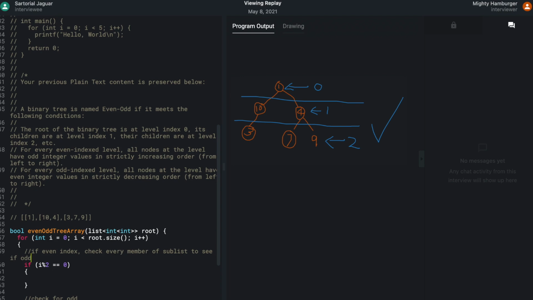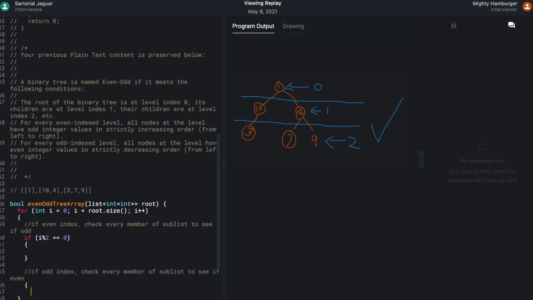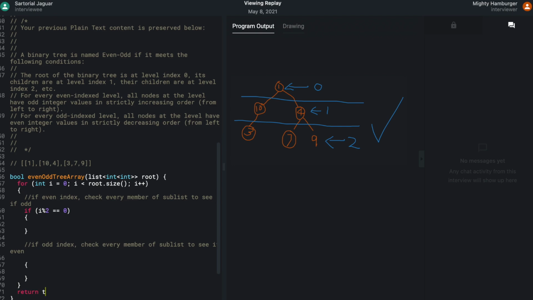The next one is going to be kind of the same thing. It's the opposite. Reverse. Odd, even. Perfect. And so once this thing goes through, that will return true.